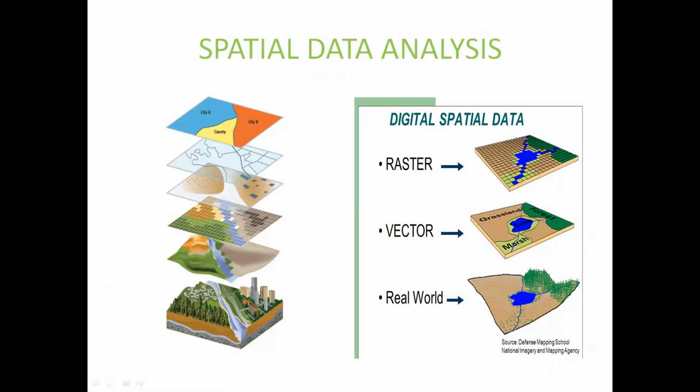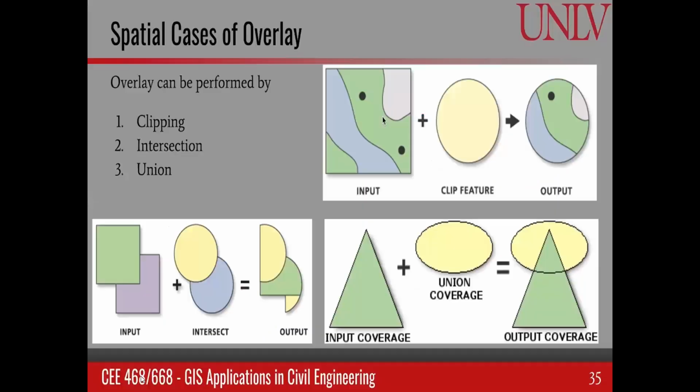The fourth unit is spatial data analysis. Digital spatial data, raster, vector, real world. See, take this picture. Entire ground conditions are also taken. What is in this picture? Where is the forest area? Where are the lakes? Where are any forest areas? Collecting this type of spatial data, analyzing the data and collecting the information. This is the fourth unit for spatial data.